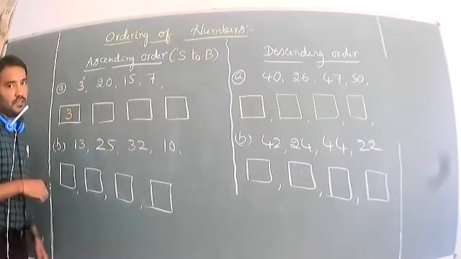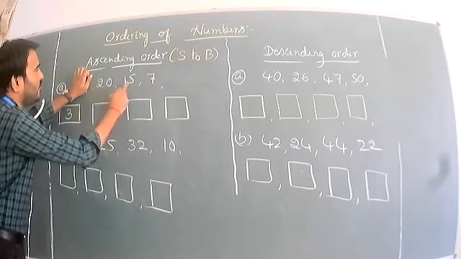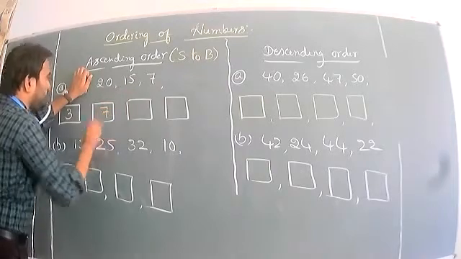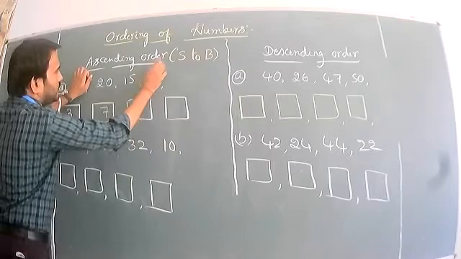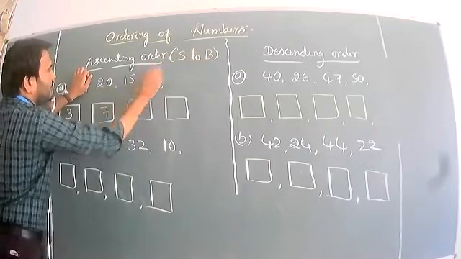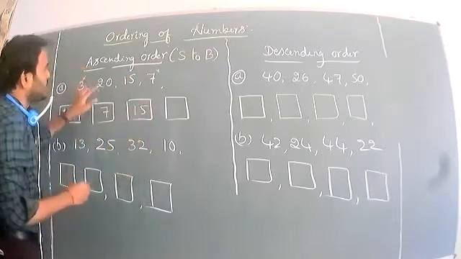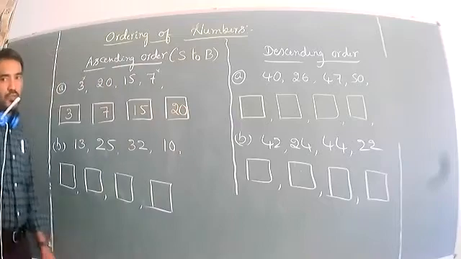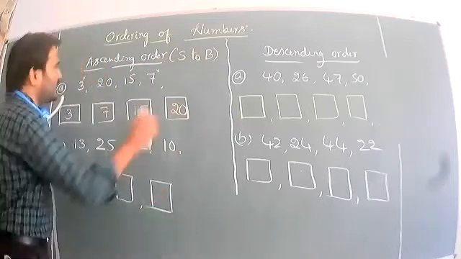Now it is cancelled. So the remaining 4 numbers. Which one is smaller here? 20, 15, 7. Now which one is smaller? 7. Now these two numbers have to be closed. So this is already over. Next one, which one? 20 and 15. Which one is smaller? 15. Next, finally 20. So one by one we have to finish, and then go and write the ascending order and descending order.